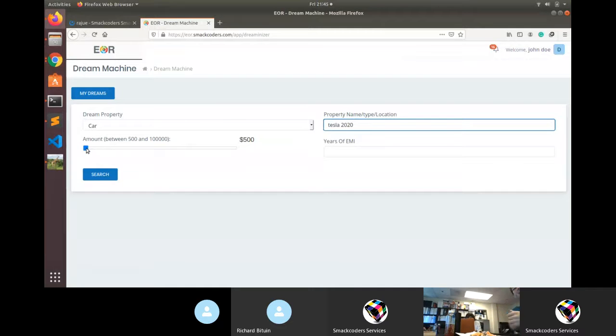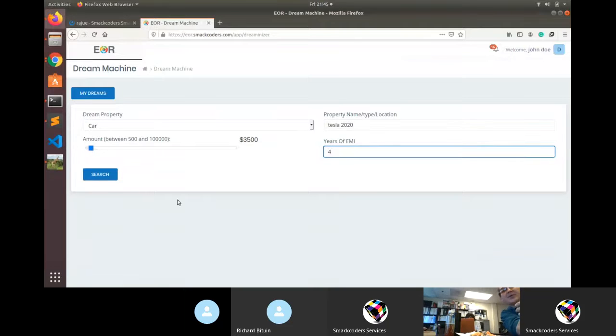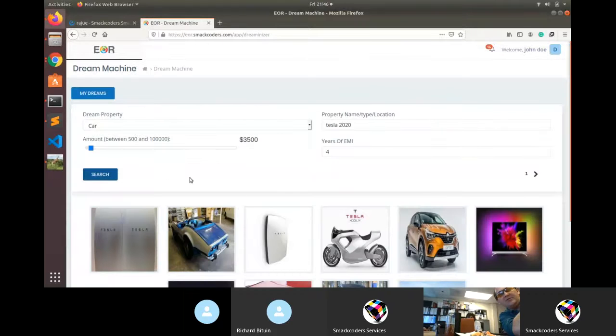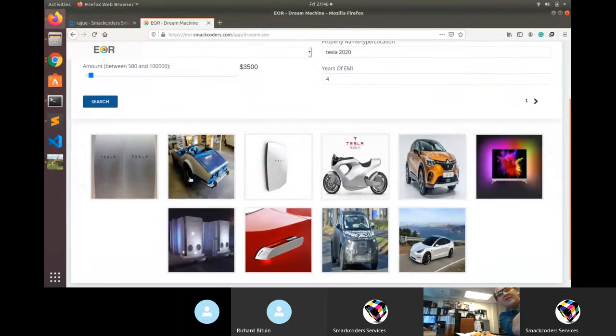So this is the Dream Machine right here. A couple of the things that we want to make sure that we do as we move closer to production is that someone should be able to add in their own version of a dream. So it should be a combo drop or text, because it's their dream, it's not our dream. And then we want to be able to have 3 prices: the MSRP, the market value, and then the sale price. So that's more accurate. Then we can do it along with KBB and Zillow.com.